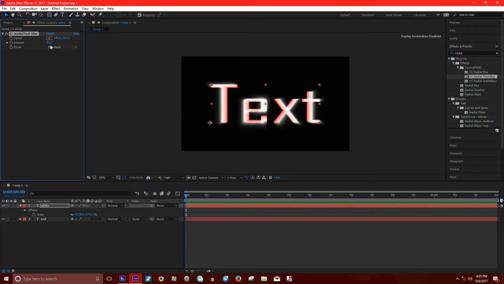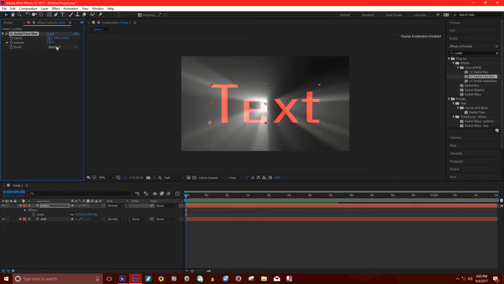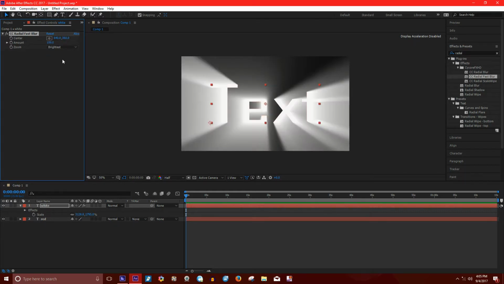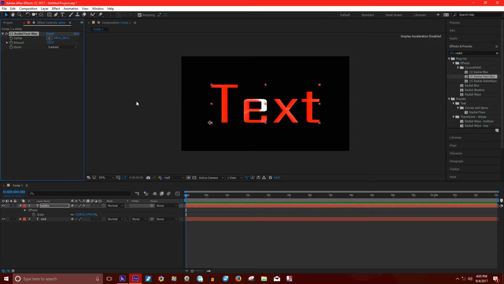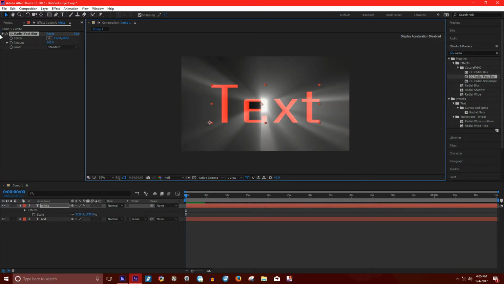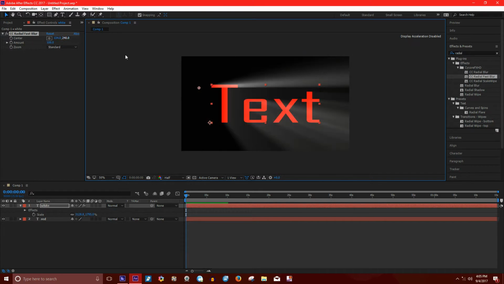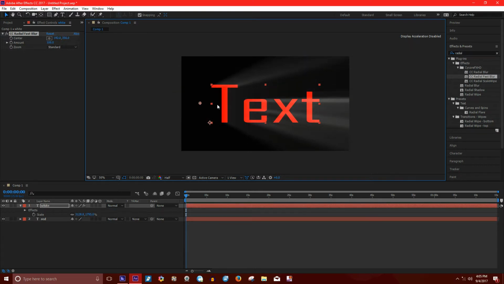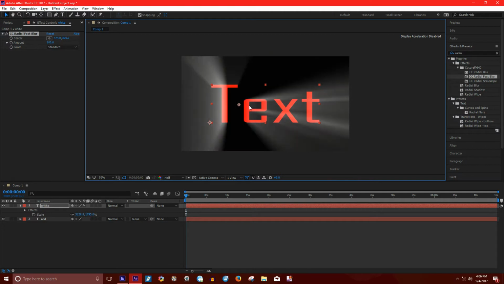You actually want to come over here and move the amount to 100. I'm going to keep this on standard. You can move it to brightest or darkest, but since I have a black composition, it's really not going to do much. So like I said, I'm just going to keep it on standard. I think it looks pretty good like that. And you can see this is the center. You can see the numbers moving right here when I move this over. So right there you can see the light shining right through the red